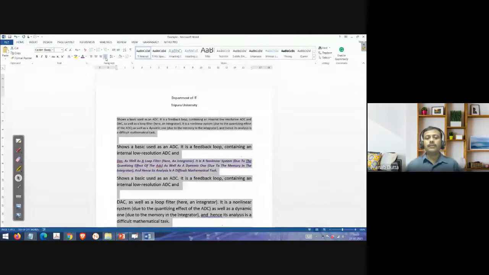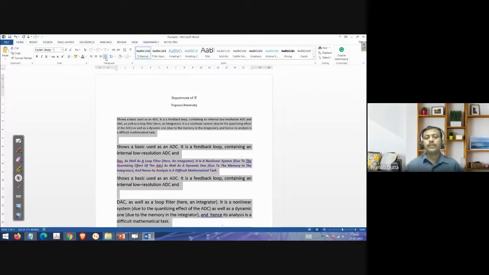So whenever you are making any document, your document should look like this. That is, it should be justified, right? All of you are going to make your report after 2 years. Those who are in the final year are going to make reports and all these things. So you should be very careful. When you are making a report, it should be justified. The left and right alignment should be the same.